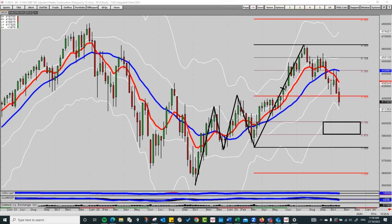So that's 3,900 to 4,000. That's another 200 points down. It can do that in the next few weeks, quite seriously. And then that might be it. There's lots of volatility before it carries on to the downside, whatever it wants to do. But in this phase, it's in that high risk time where the selling pressure could just keep coming. And if we look at the daily,